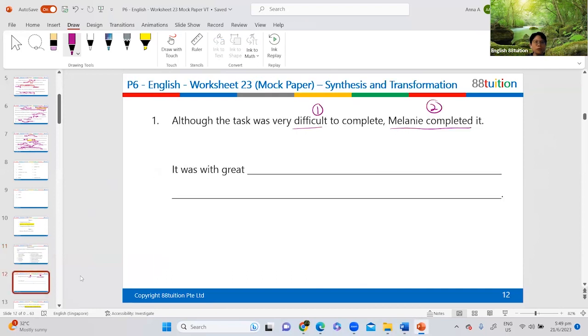All right. So we're doing 5 today. Okay. "Although the task was very difficult to complete, Melanie completed it." So first you see the sentence, or first you see the sentences. Then you look at the clauses. So it was with great